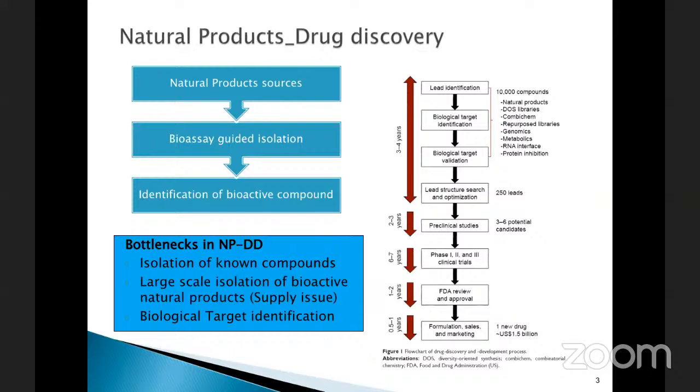So I'm putting it here as lead identification. By lead identification I mean, like I said, in terms of antimicrobials, we observe a good zone of inhibition for a particular molecule. I am referring to figure 1 here on the right-hand side of this slide, slide number 3. Once we identify this, we screen this molecule, for example, against different biological targets, and then the biological target